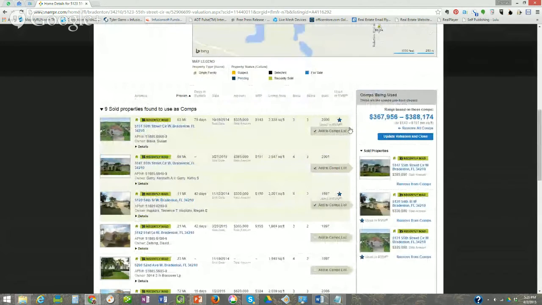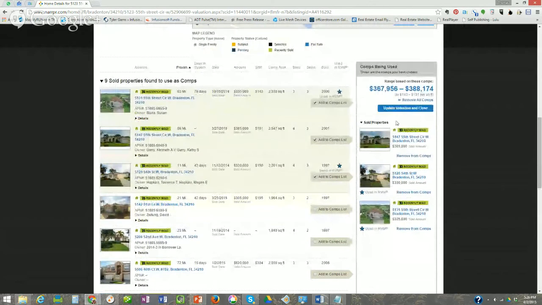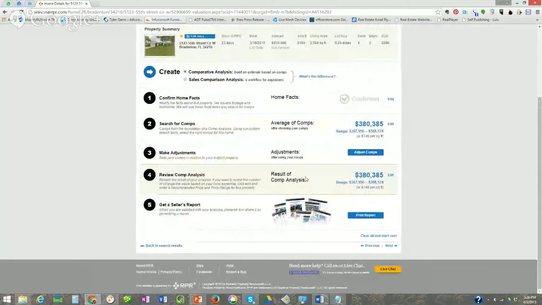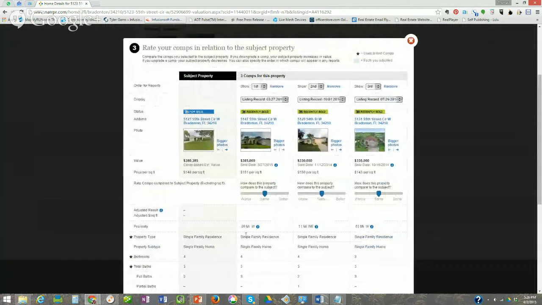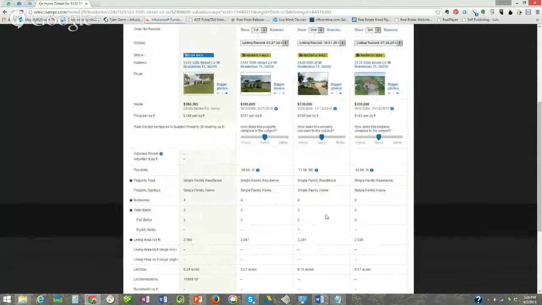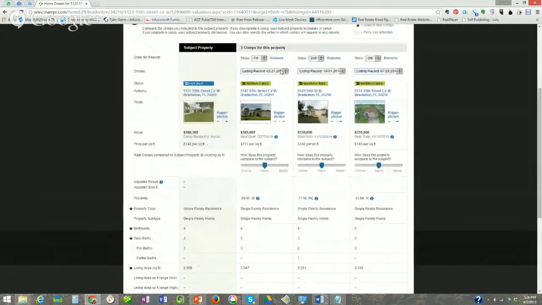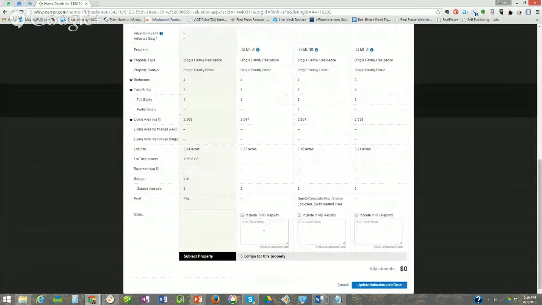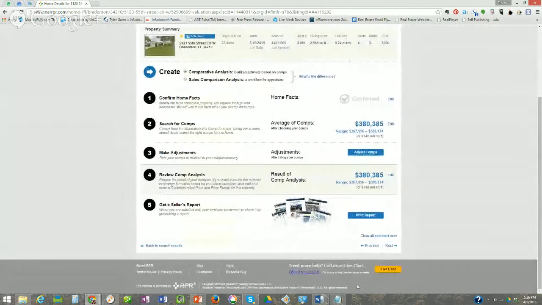So these are the 3 highest comps, and I can add them here. Then it takes me to update valuation, and I can adjust the comps. So obviously here's where you would make adjustments based on age, based on size, based on whether it has a pool or not, or lakefront, and you can resort them, which one you're going to show first, second, third, and you can put some notes in here, and then when you're done, click update valuation,